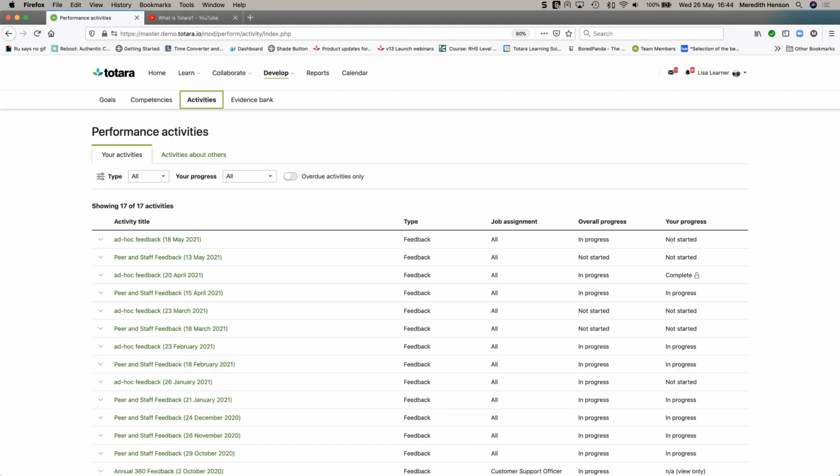And across 14, we've added a number of new question types. That includes being able to pull in that competency information that we were just looking at into a performance activity. So you can have a dialogue with your manager or your appraiser to see what competencies you have and how you've worked towards achieving them.